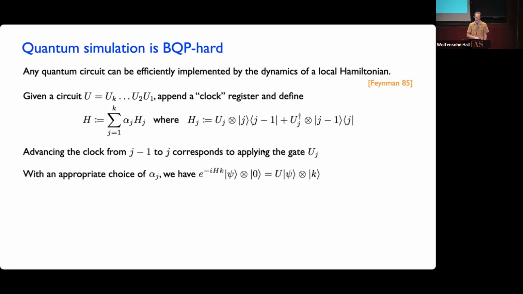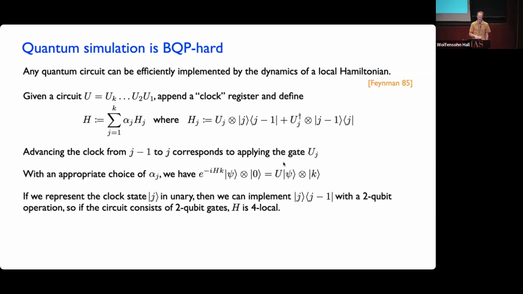Okay, so if you make a careful choice of these alpha j's, and maybe there's not time to go into the details, it turns out that there's a choice you can make for which the evolution of this Hamiltonian will exactly perform the computation. It will advance the clock from time 0 to, let's say, time k if there are k gates, and it will apply the unitary U that you get by applying all of these gates. Right? So this is maybe not super surprising. This is just saying that you can realize quantum circuits by some quantum Hamiltonian. I mean, of course, if the Schrödinger equation is what describes physics, and you believe you can build a quantum computer, then you should be able to do something like this. But this is a nice construction that does it very explicitly and cleanly.